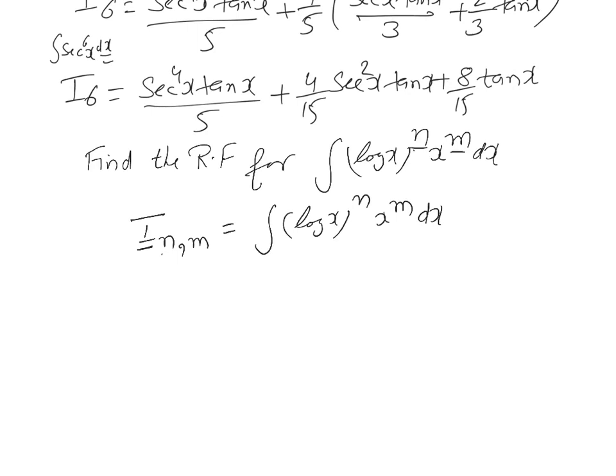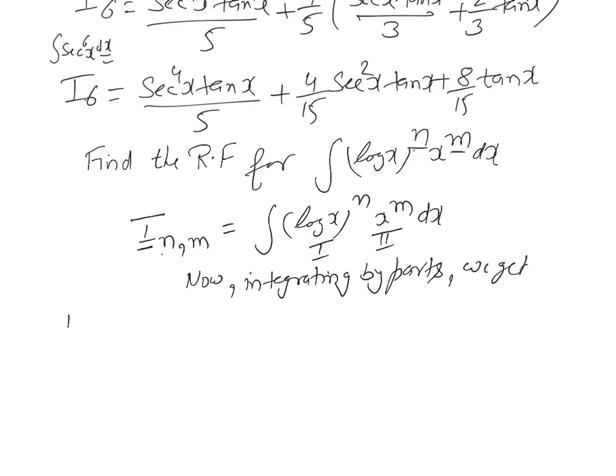Now see which function to assume as first and second. See, this log x raised to the power n cannot be integrated at all, but it can be differentiated. Therefore, this function is assumed as the first function. But this function x raised to the power m can be integrated. Therefore, this function is assumed as function number 2. Now, integrating by parts, we get: